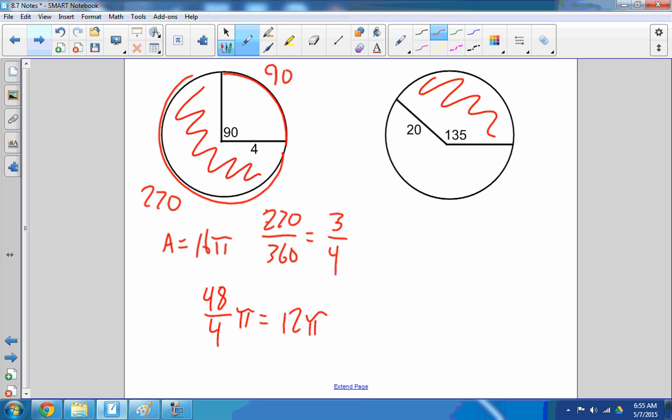On this next problem, we have the area is pi r squared, and so the area is 200 pi. And our percentage is 135 divided by 360. And that turns out to be 27 over 72,